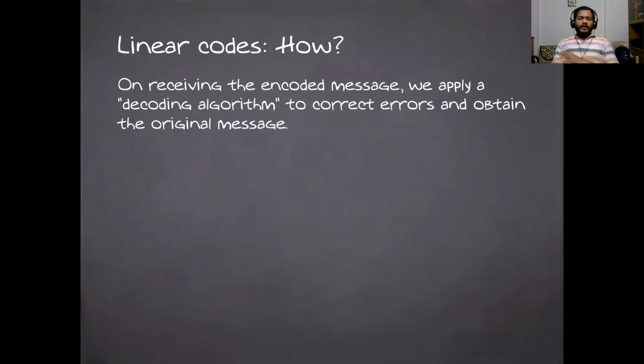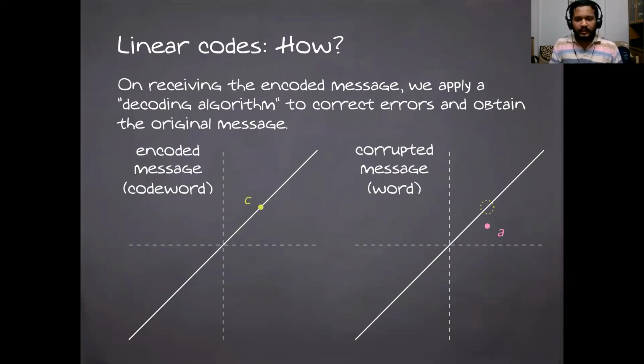So then what do we do? Assuming the setup is ready, a sender sends a message, encoded along with redundancies. The channel introduces noise, so there are errors in the message. Upon receiving the message, we have to decode it to get whatever the sender intended to send us. So we apply a decoding algorithm, so to speak, to correct these errors and obtain the original message. So let's look at it a little bit pictorially. I would be speaking words for quite some time and then try to explain the same using pictures as far as possible.